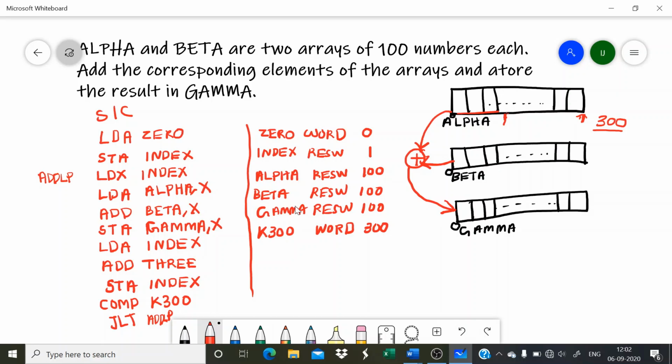All the variables which we have used in the program, we have to declare here. One more is there, 3, from ADD 3, which is a constant: 3 WORD 3. So like this we complete the program. First we write the program, then whatever variables and constants we have used in this program, we declare at the end.